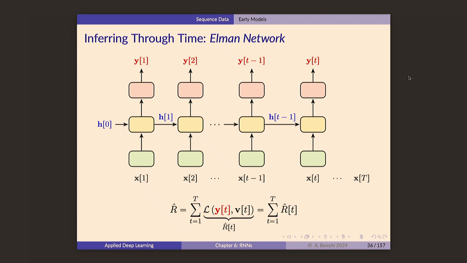So I want to look at every single time step from t towards 1, and then I compute this loss between the output I get at time t and the true label that I want, and I want to just compute the gradient to subtract it from my true weight. Okay? Now,